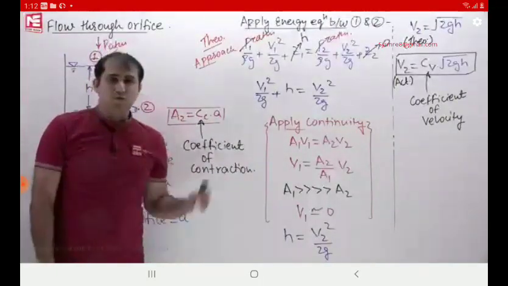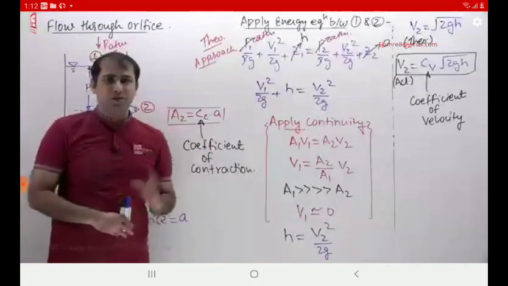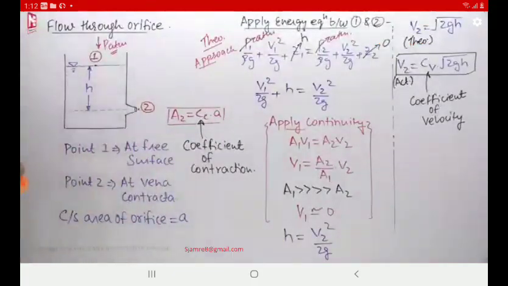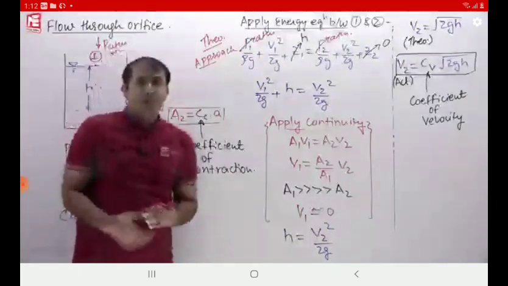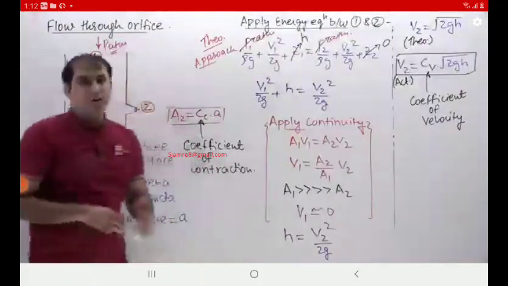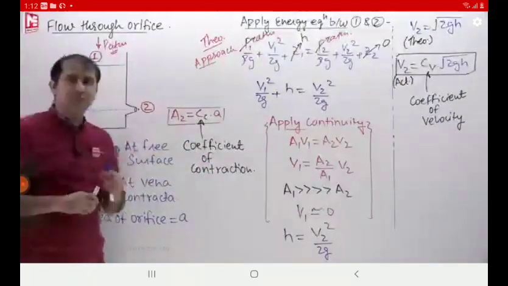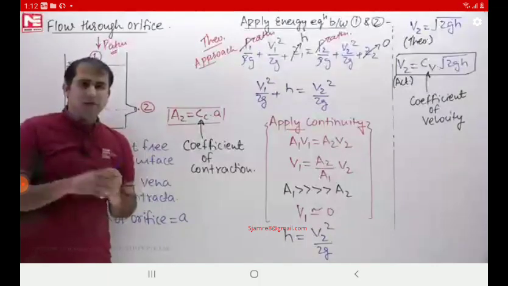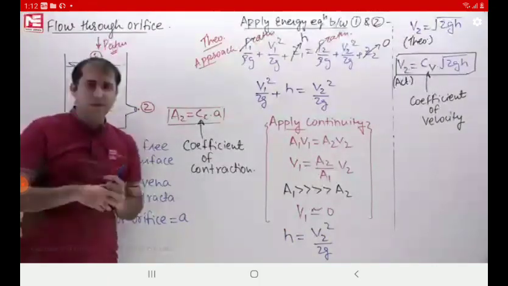So my dear, this is your time. First of all, note down this one. We have a further discussion, but fast. Done. So we have calculated the velocity here. Now I am going to talk about the discharge value here. So take a look at the discharge.